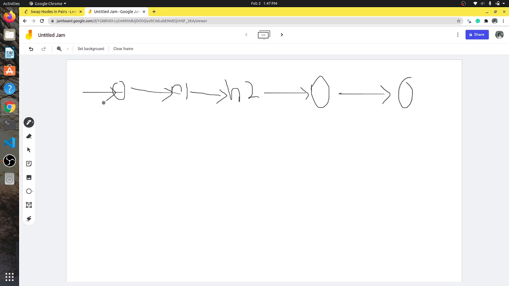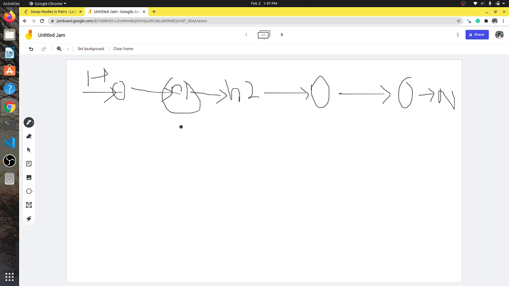In a very long linked list, we have to swap two middle elements. Then we will also see the cases where n1 and n2 are at the beginning or at the end, where n2 is a null pointer, pointing to nothing, and n1 is a head.